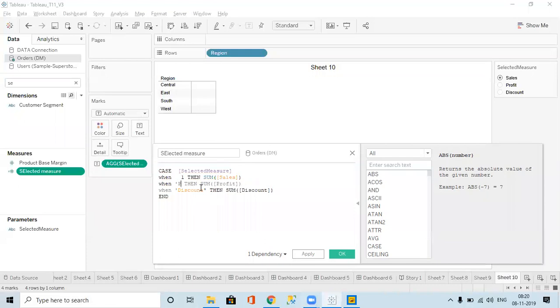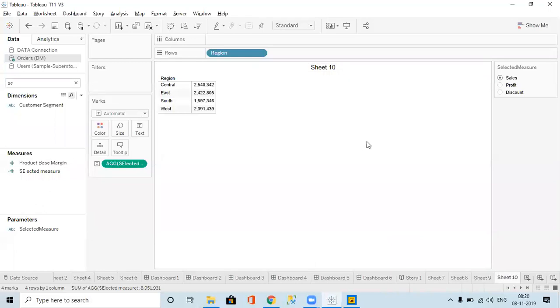Again, similarly, we can give 2. I think we have to change the data type too, as I have given the data type as string, so I have to give it like a string. Okay, now also it works.